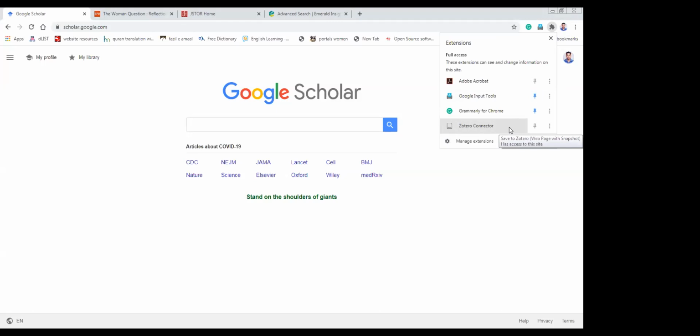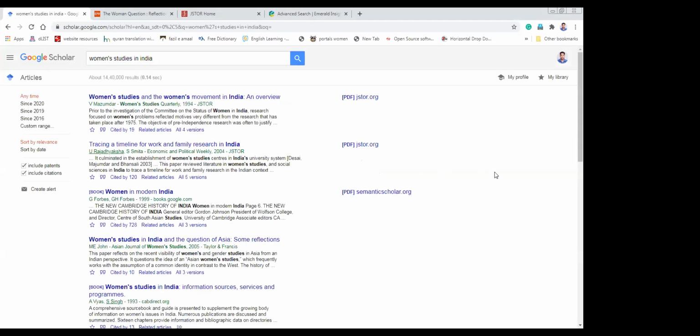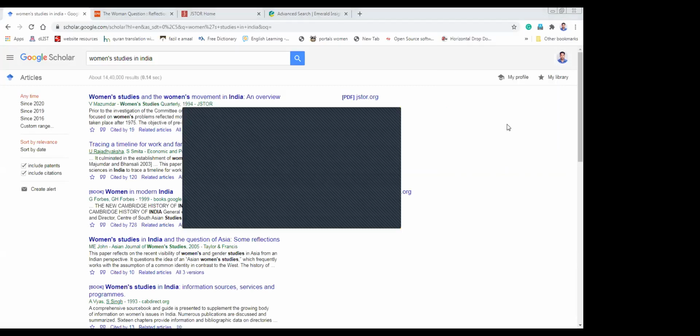This is the Zotero connector. I'll just explain how it is used. Suppose I am searching women's studies in India in Google Scholar. You will find a number of references.